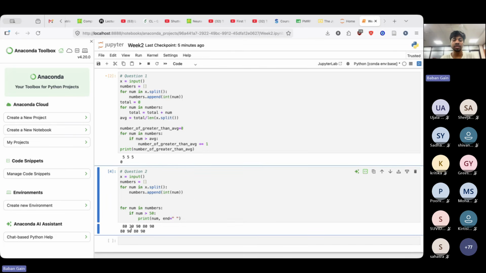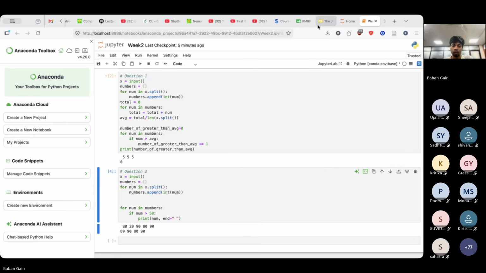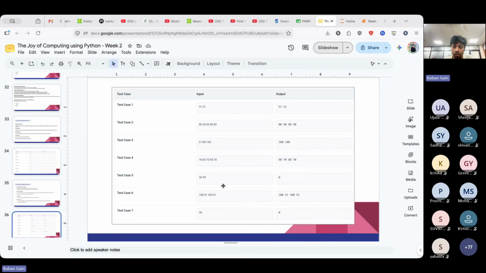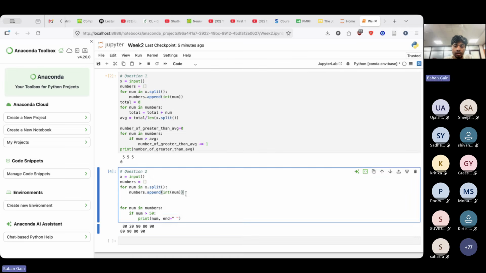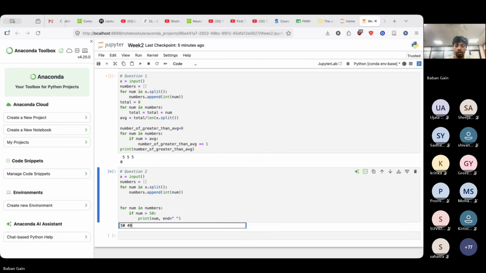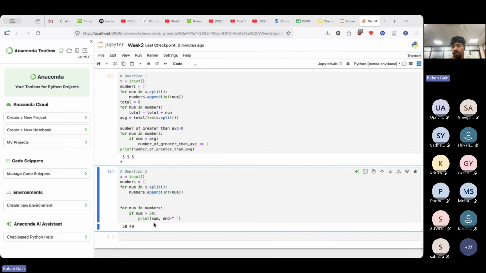So 20 has been excluded and others are there. But one condition is not met. Suppose I'm giving 50 and 49. So what is happening? It is not printing anything, right? So to solve that, we have to know that